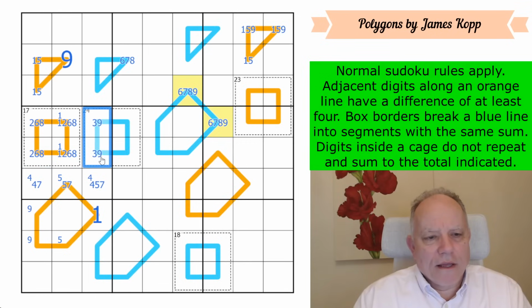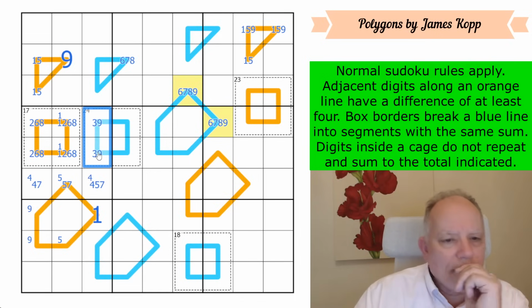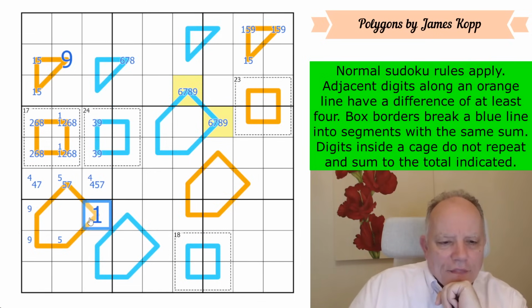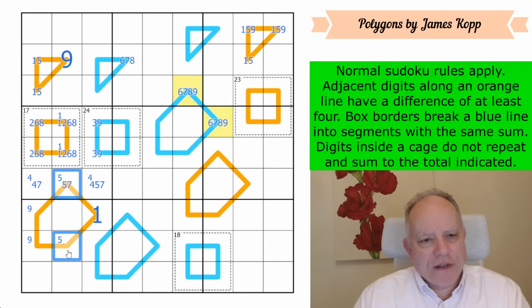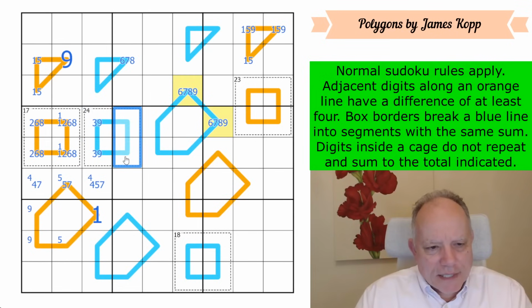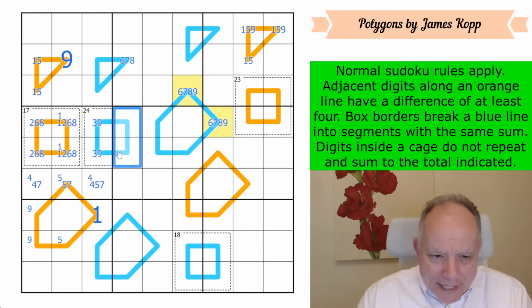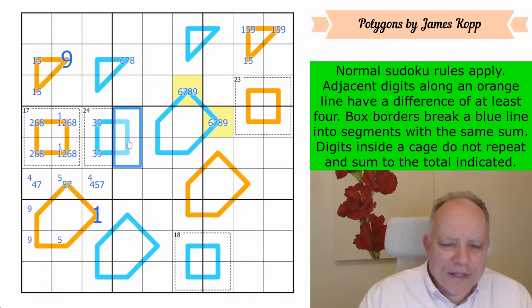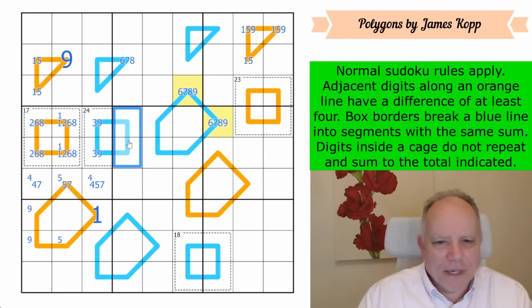3-9 there. 9 here. 3. 3-9 there. We've got 1. I don't know which of these is a 5 still. Nothing's changed there. The 3-9 doesn't really feed across into these cells, which could theoretically still be a 3-9 pair themselves, although I think that would give us a uniqueness problem, but we wouldn't be proving the puzzle only had one solution, which is something we like to do. If we used it...